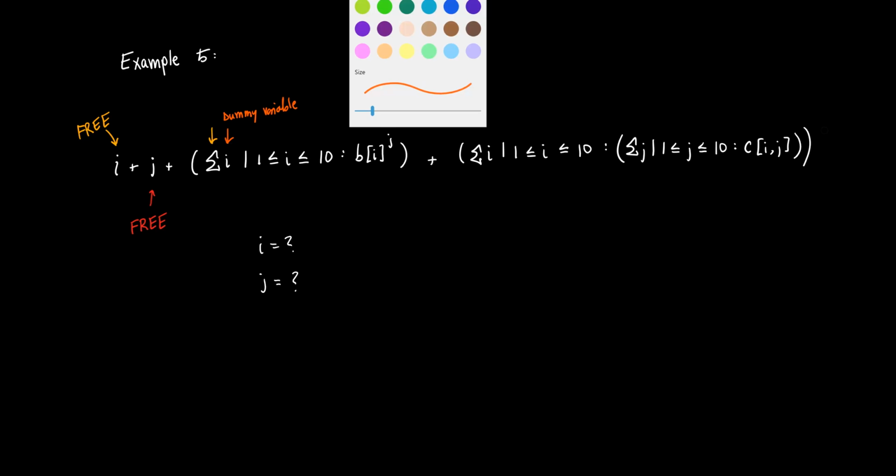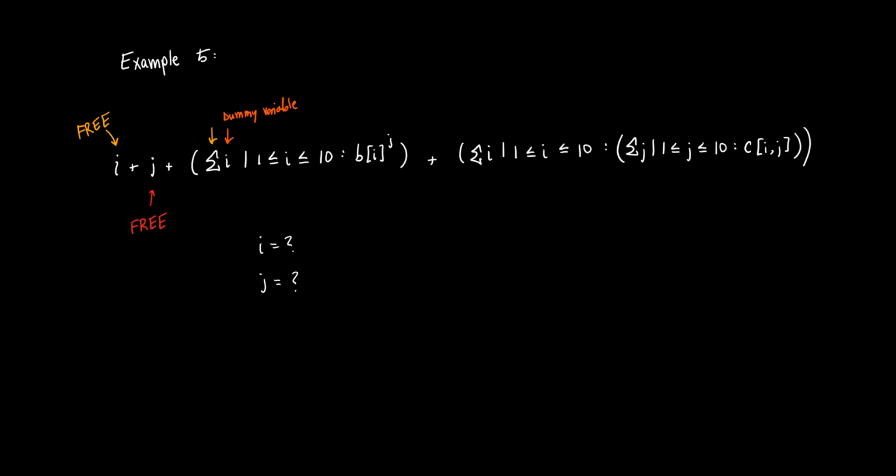So now we can take a look at the occurrences of other variables within this expression. Let's start by taking a look at this occurrence of I. We want to ask ourselves, is this within a quantification? The answer is yes, it is within this quantification here. Now we want to ask ourselves, does I appear directly next to a quantifier? The answer is yes. As we identified before, it's appearing directly next to our summation quantifier, and so that means